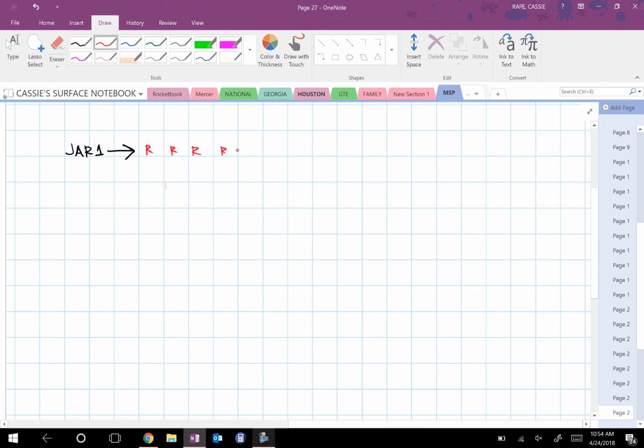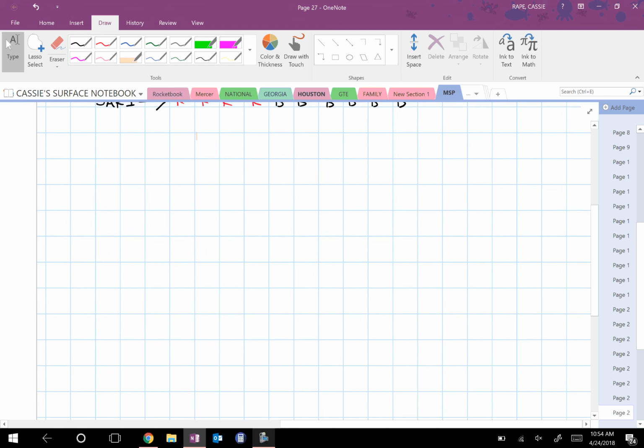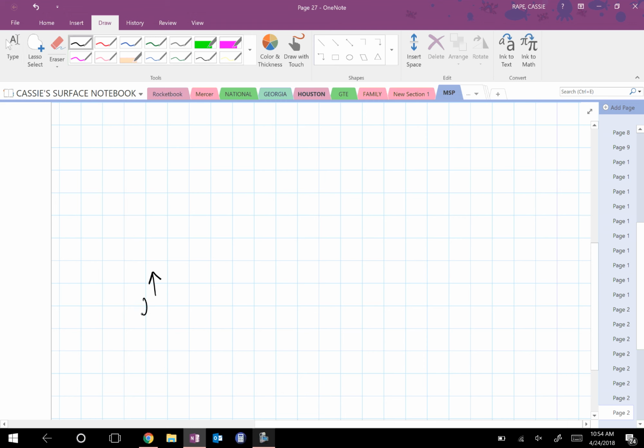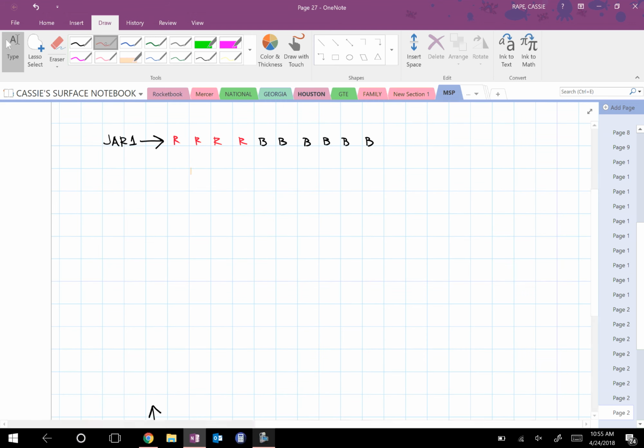Then I'm going to do jar 2 right here. It was half and half, so there was 1, 2, 3, 4, 5 reds, and there were